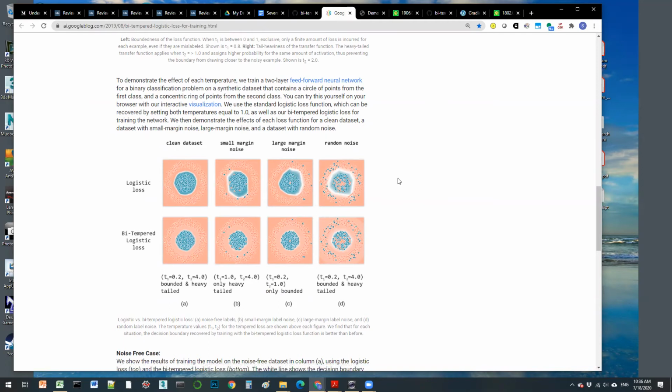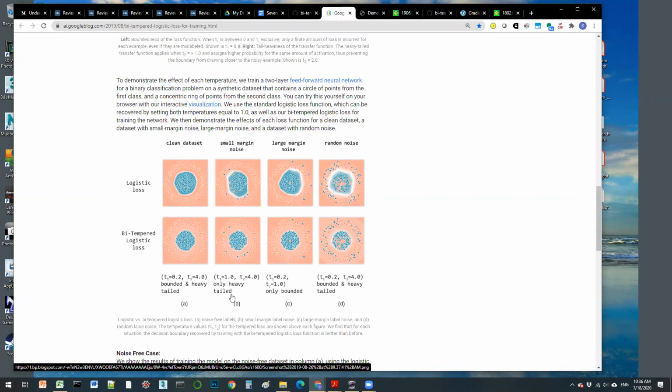The top row is just the logistic loss with a very clean data set where you can see that there's no intermingling of the blue and the red dots, as compared to the small margin noise, where you can see a few blue dots right at the edge of the red and a few red dots right at the edge of the blue. And that's small margin noise,